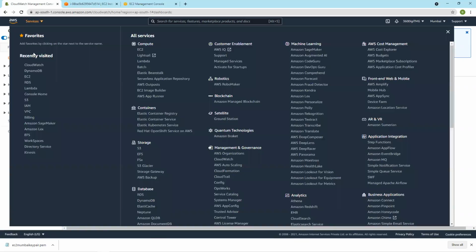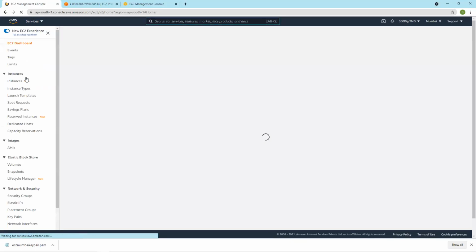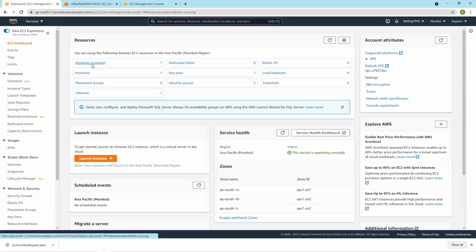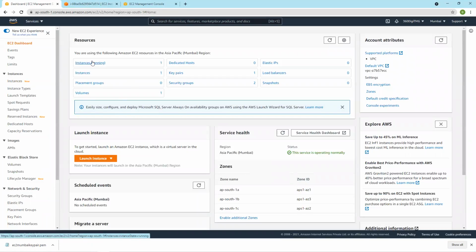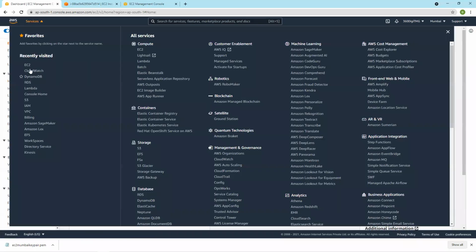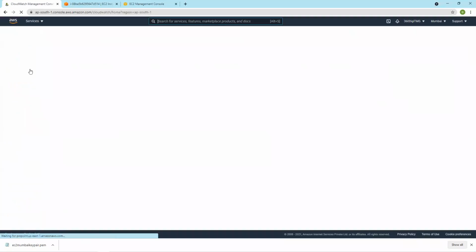So if you go to the EC2 dashboard, I have one instance running, dedicated hosts, how many security groups. So this is the dashboard. But CloudWatch asks you to create your own dashboard.